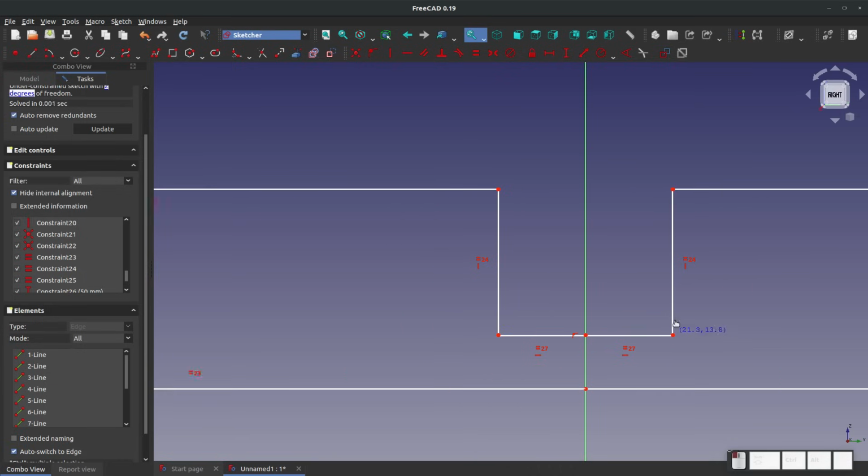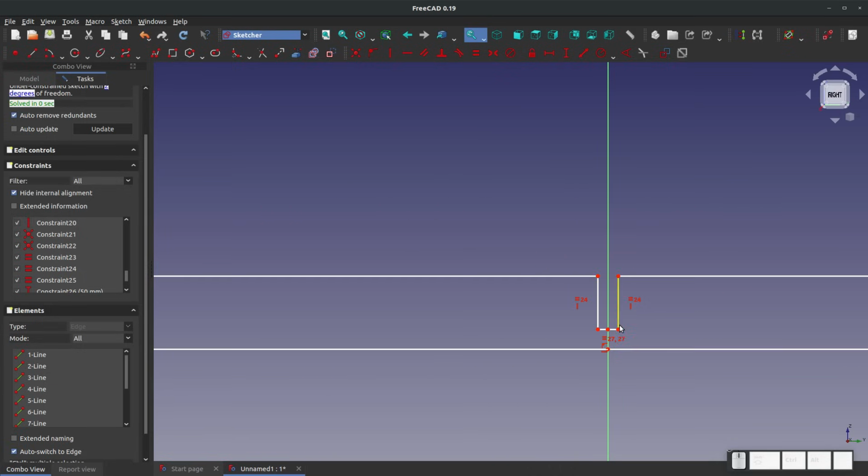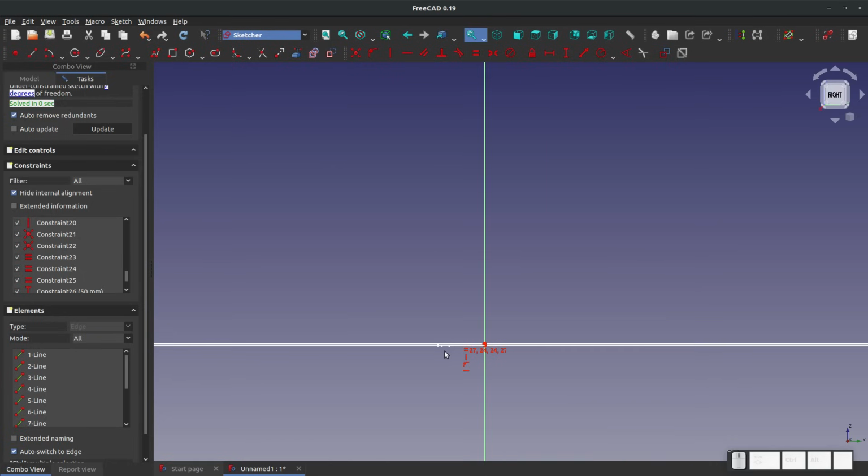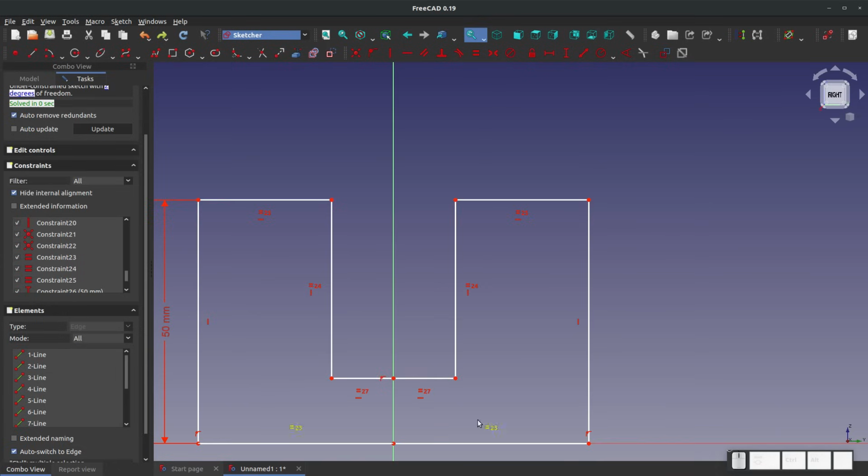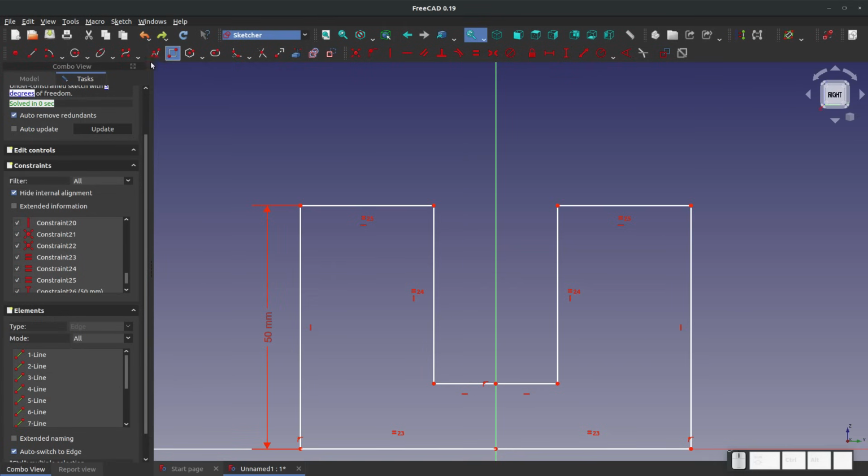And yeah, that's moving kind of peculiarly. So I'm going to get rid of it. Control Z, right? And I'll just dimension everything else and see where that puts us. Next,